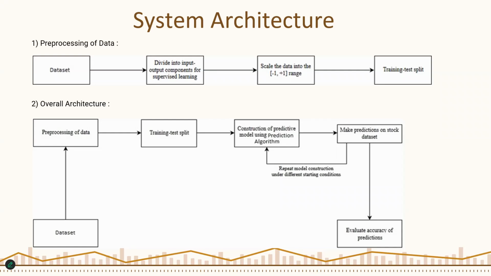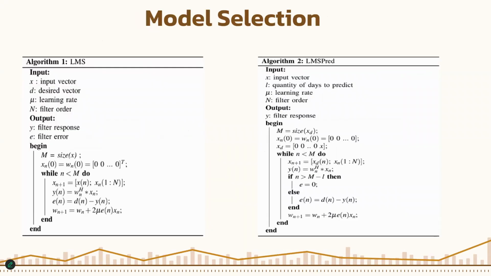Now, Atishay will continue. Now let's dive into the model selection process. We use two key algorithms for this project. LMS, least mean square algorithm. The LMS algorithm is designed to minimize the error between the predicted output and the desired output. The key inputs include the input vector, desired vector, learning rate, and filter order. The outputs are the filtered response and filter error, allowing us to refine the prediction model